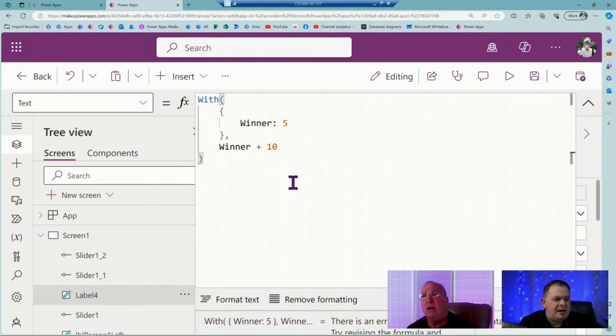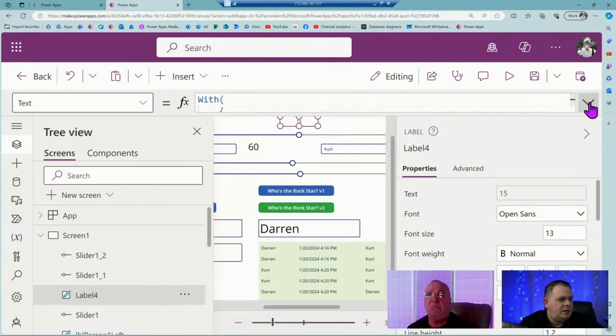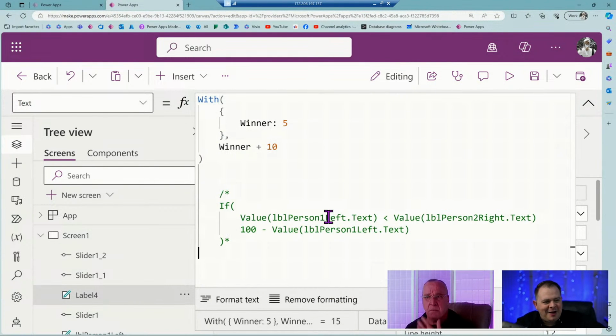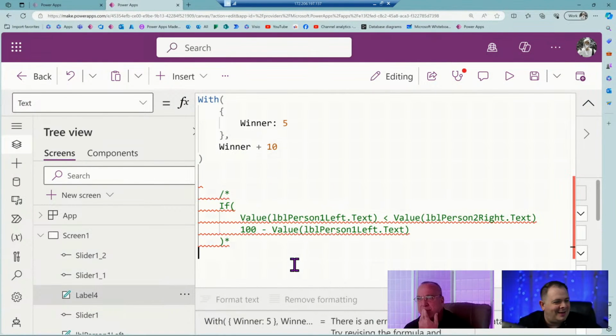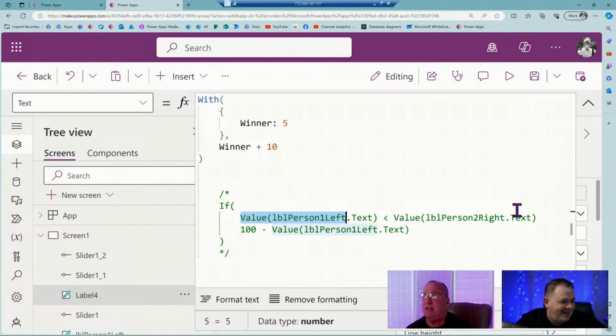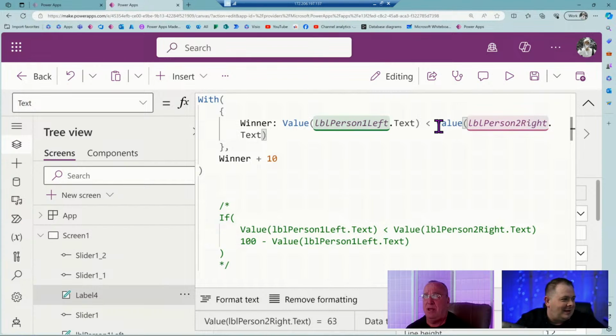I'm going to take that out. Looks good, and it's giving me 15. It's giving me an error on my comment. Come on, dude. Oh, you know what it is. I don't have a slash on it. There we go. Let's go back to your min and max, because I think that's going to be okay. I don't know why it shouldn't be. I'm going to take that and we'll add these.